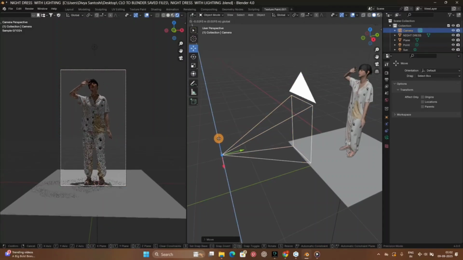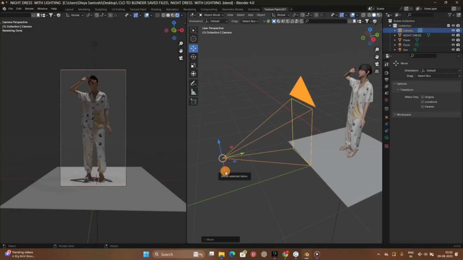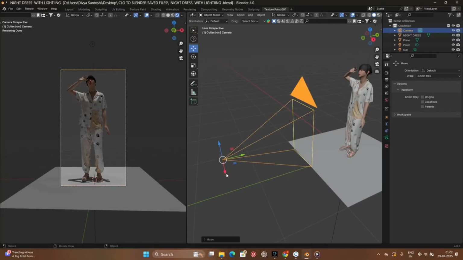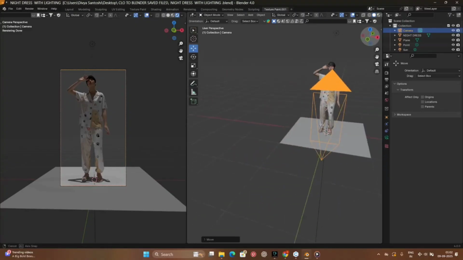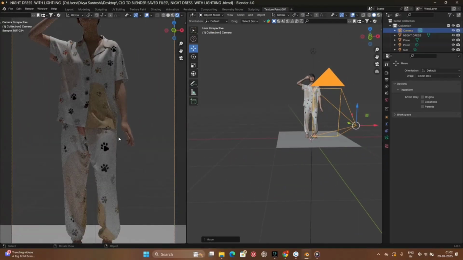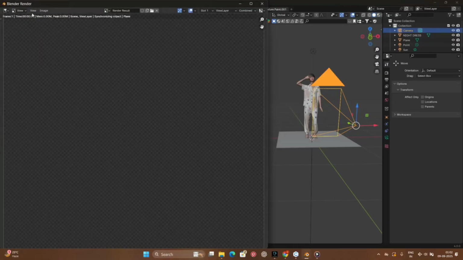Position her in the center. This is a bit tricky, but you have to get it right. Now that you're done placing it, you can see her in the camera section. When you render her image,